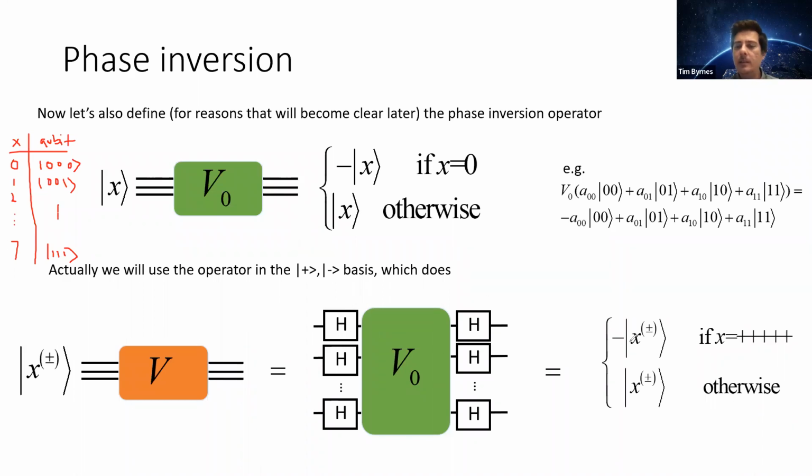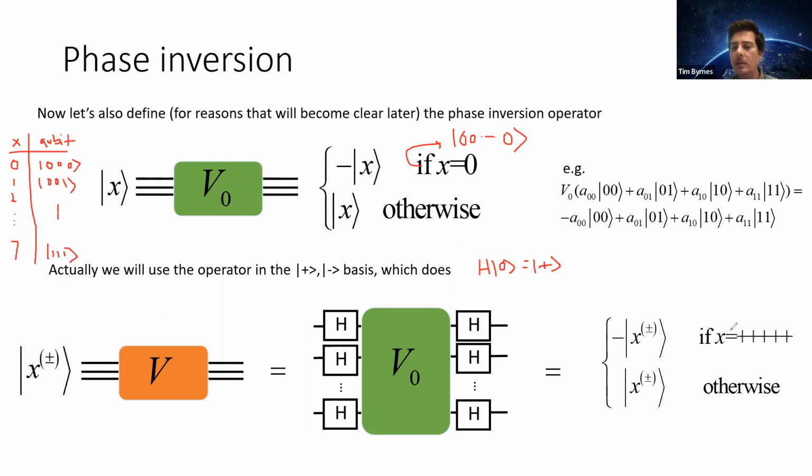Basically, what that does is something very similar to here, except that I'm working not in the 0, 1 basis, but in the plus minus basis. Because when you do Hadamard of the 0 state, that's equal to plus. So this state here, where x equals 0, which means the state 0, 0, 0, instead of the 0 state picking up the minus phase, actually the state that we'll pick up is